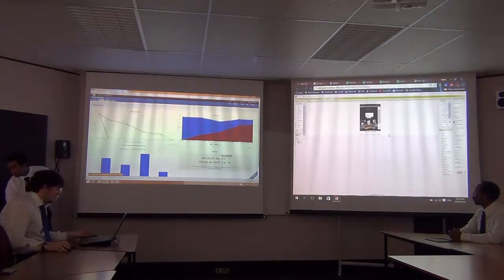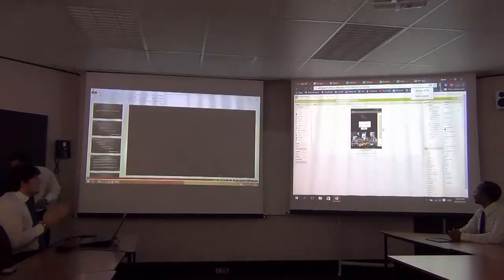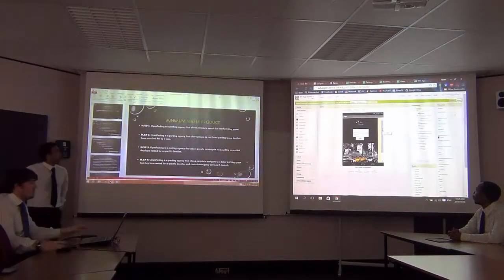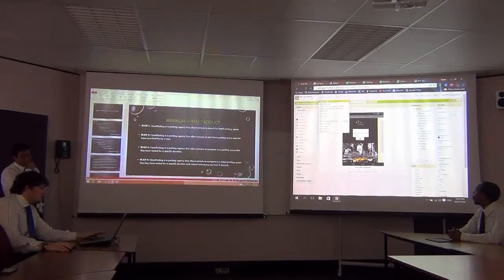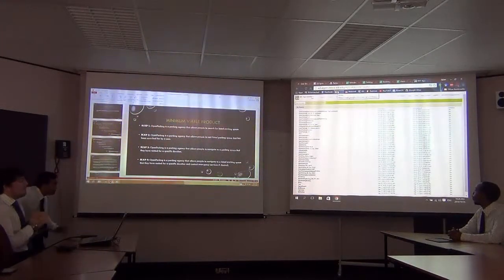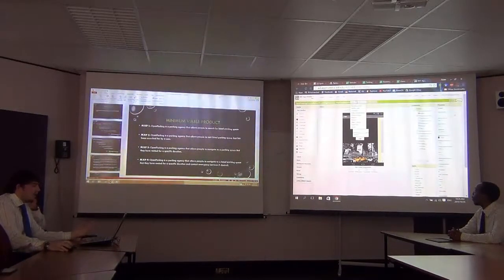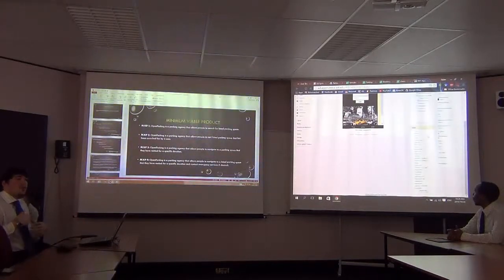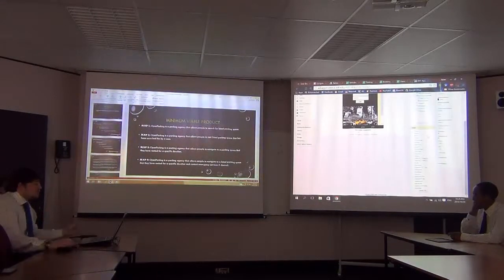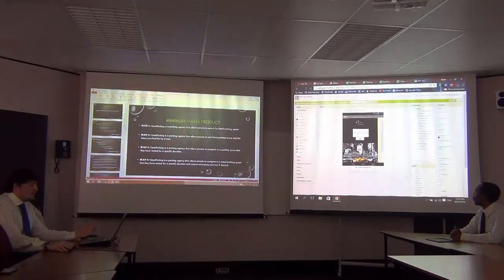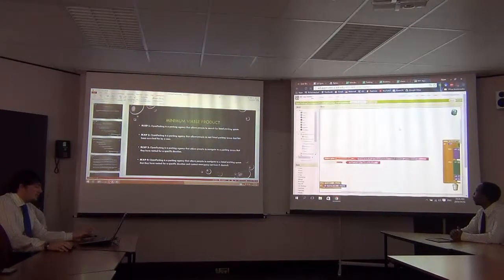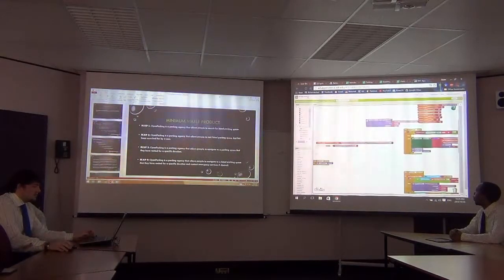Okay, so over here, this is the interface that you look at when you have a look at MIT. Just to start off, please bear with me, it might crash while we just demo this. So you'll go into your first project, and MIT will set up a number of screens. And then MIT codes, rather than writing C# or any kind of code like that, you use Scratch. So you have your design for your screen here, and then you move into the blocks. So over here, go through.